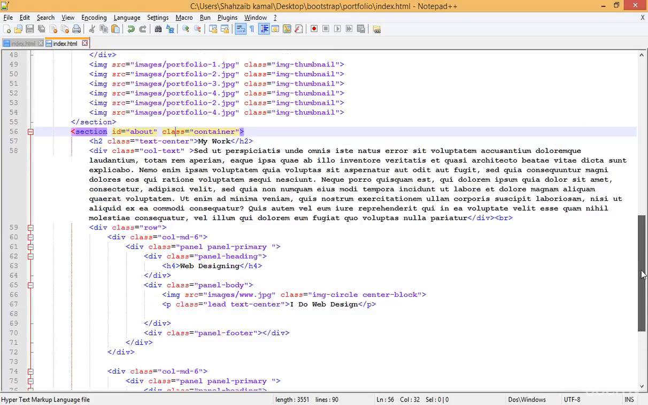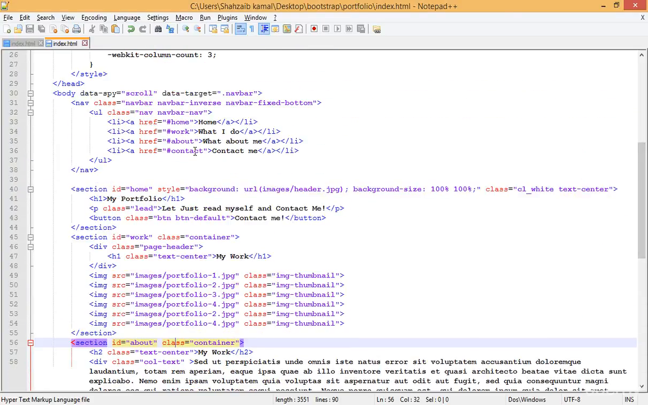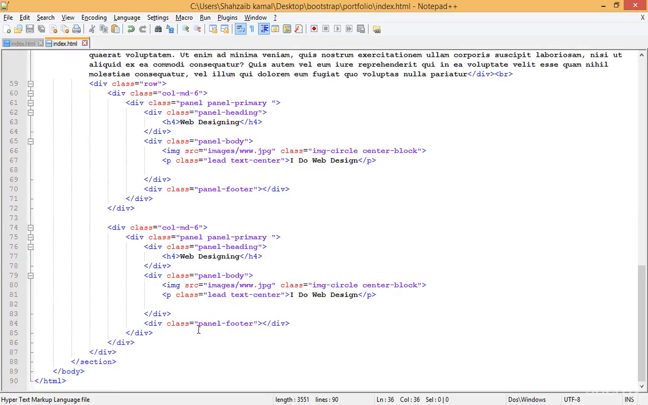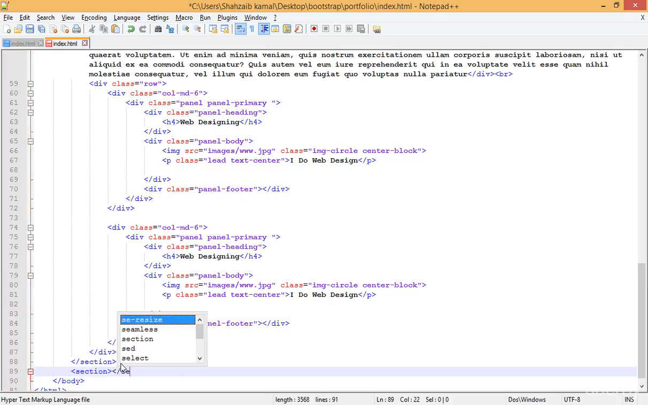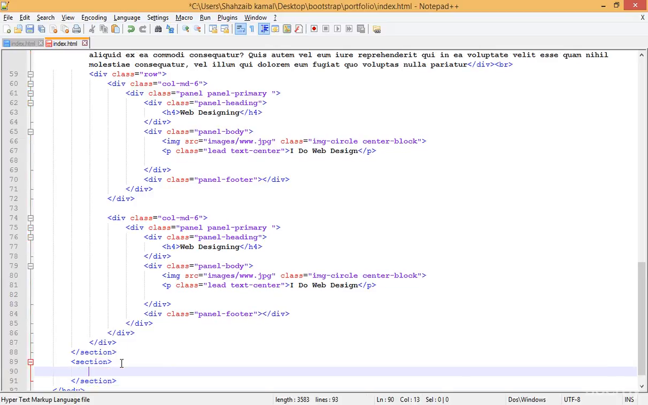Hello and welcome back. So in this class I'm just gonna add the last thing, the contact area for this project. Just after the last section, I'm creating a new one. And you know why I'm creating this section? Because I want to apply the form elements here. So let's create the form inside the section first,